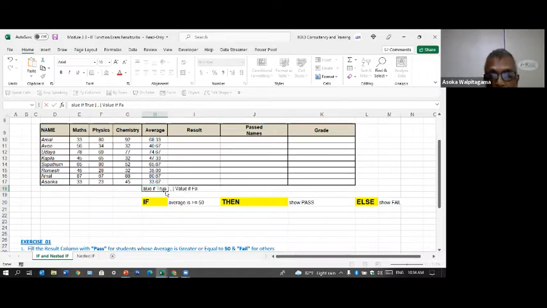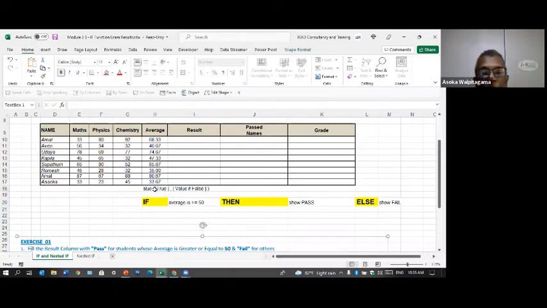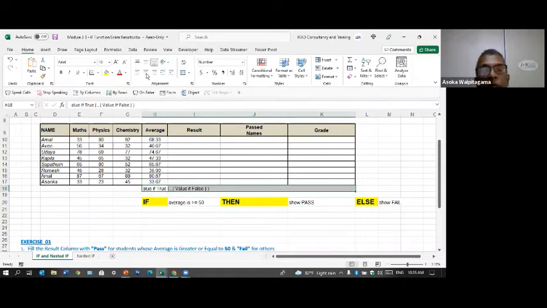Always these 2 depend on what we are checking. First comes a value if true, then comes a value if false. And do you know in a syntax, if something is within square brackets, what does it mean? Oh my god, I have deleted that.